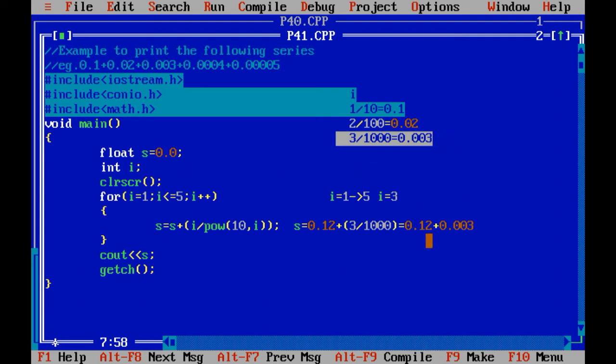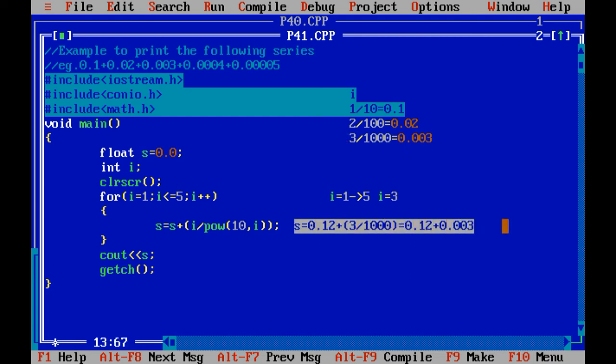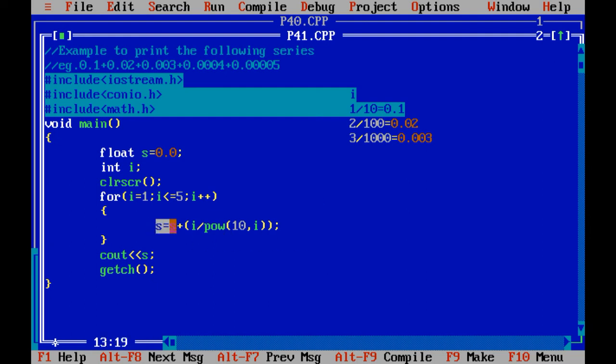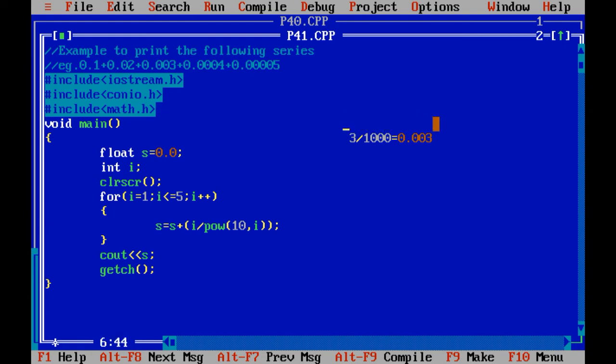In this way all the 5 iterations are executed, and the final answer of S is just 0.12345. If you want to print the whole series, that is 0.1, 0.02, if you want to print that series, at that time write this statement inside the loop.